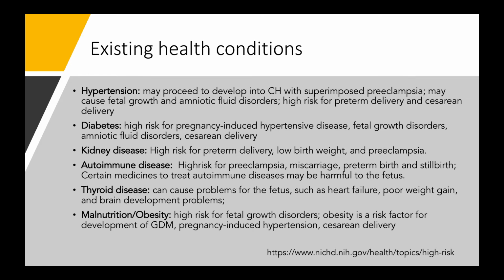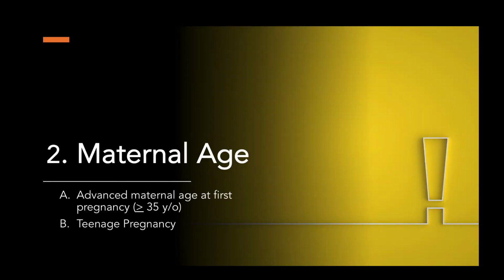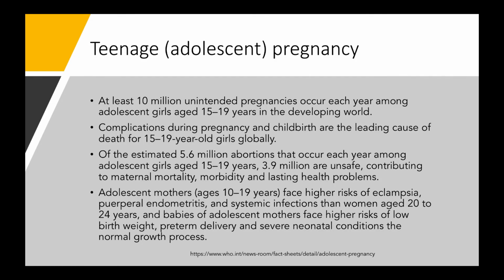Malnutrition, and more specifically obesity, puts the patient at risk for fetal growth disorders, and obesity is also a risk factor for the development of GDM, pregnancy-induced hypertension, and cesarean delivery. Next, we have maternal age, and more specifically, we are talking about advanced maternal age at first pregnancy and teenage pregnancy. According to the WHO, at least 10 million unintended pregnancies occur each year among adolescent girls aged 15 to